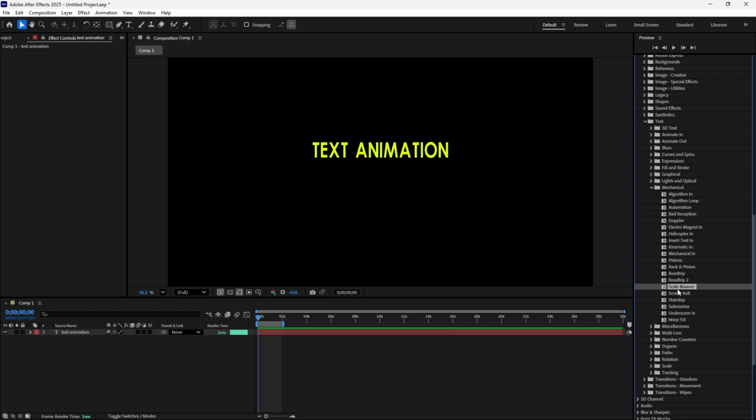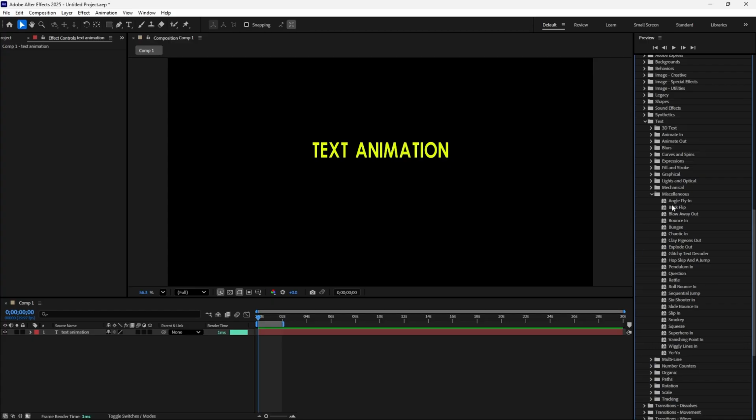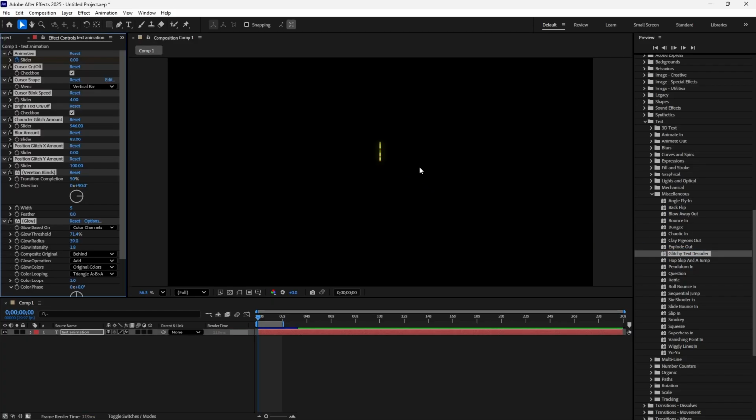And this is scale bounds. So many things are there, right? And this is miscellaneous. Angle fly in, so bounce in. So take any interesting thing. Okay, so not all. So yeah, this is nice, interesting, right? So Control Z,